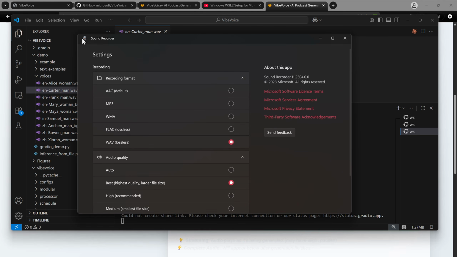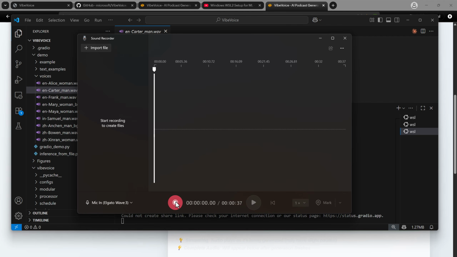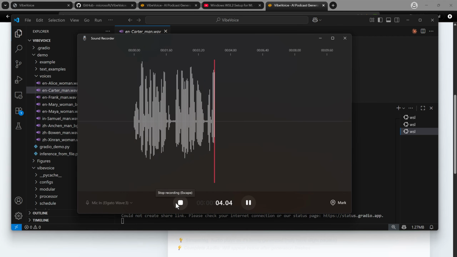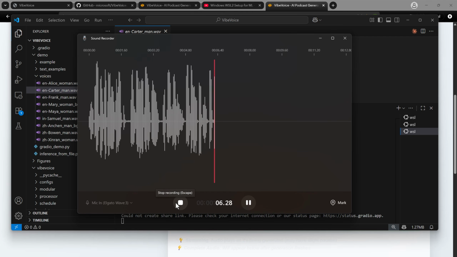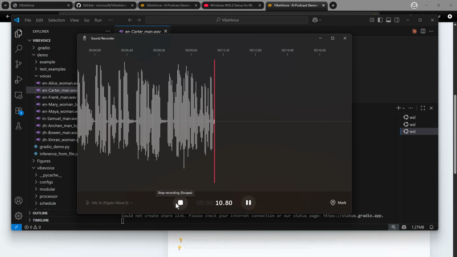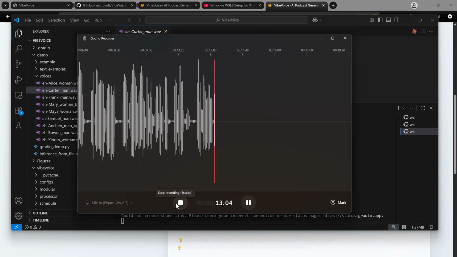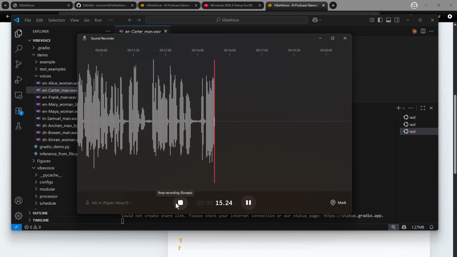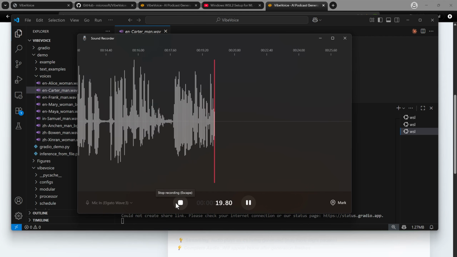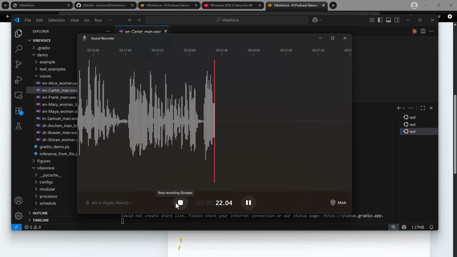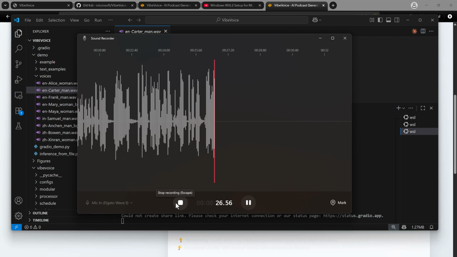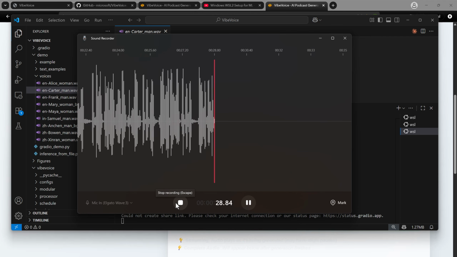All right. So you have your sound recorder settings done. Let's start this recording so that my sound recorder can record my voice. As I'm speaking, as I'm recording this video, my voice sample is also getting recorded here. As you can see, almost 12 to 15 seconds of voice sample has been recorded. Generally, 20 to 30 seconds of sample is more than enough. But I'm just trying to make sure that it works perfectly. So I'll be recording like 30 to 40 seconds of the sample.